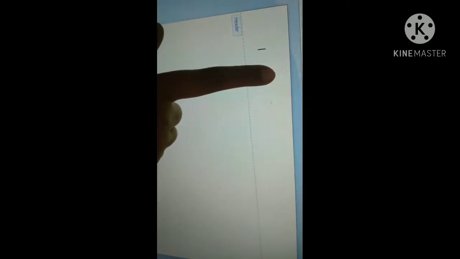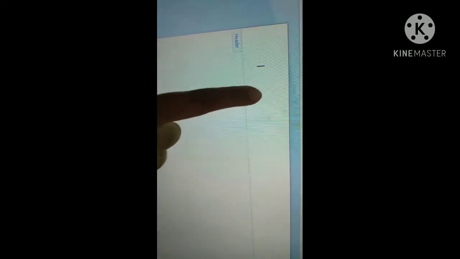Now how to apply this header and footer to the page? Let us see. Just bring the mouse pointer to the header. Click here. See, it has given blank. You want 3 columns, 3 alphabets. Just go to the edit header. Click on the edit header. See, now you can see the header part. This is called the header part, meaning the title part or the chapter name. You can give it here. And you can see the footer part also. Footer means the end of the page. This is called the footer.